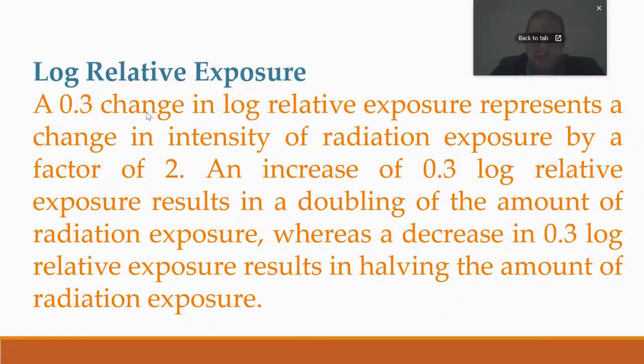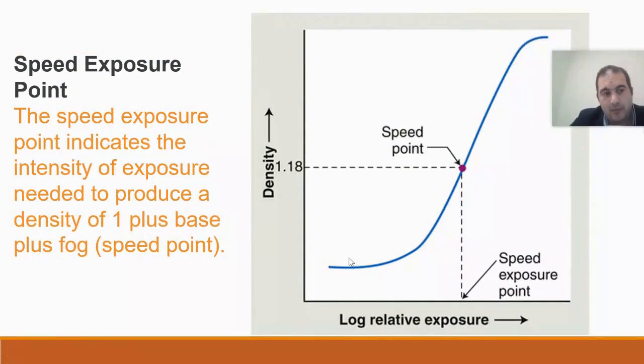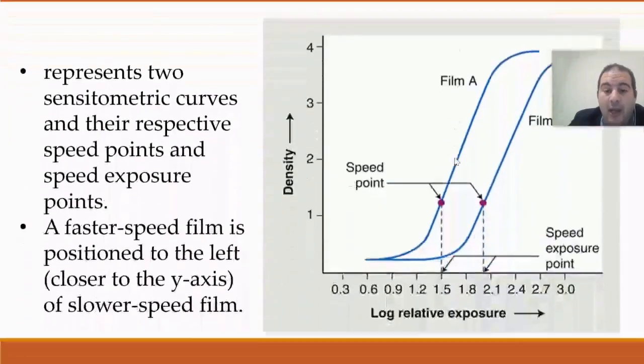On the other hand, increasing it is like multiplying it by 2. This is the curve that emerges, and from this curve, you can start to determine the sensitivity of the film itself. At a certain area of this region, it is referred to as the base, where you check its value. For example, it might come out to be 0.18. You add 1 to it and start taking this projection to see this point, which is called the speed point. The speed point is where you check where this point is on the exposure, at what value in the radiation